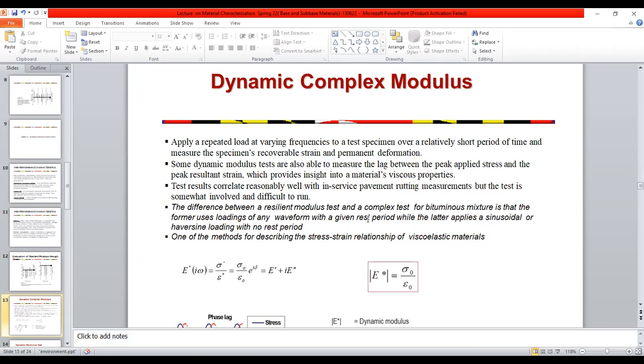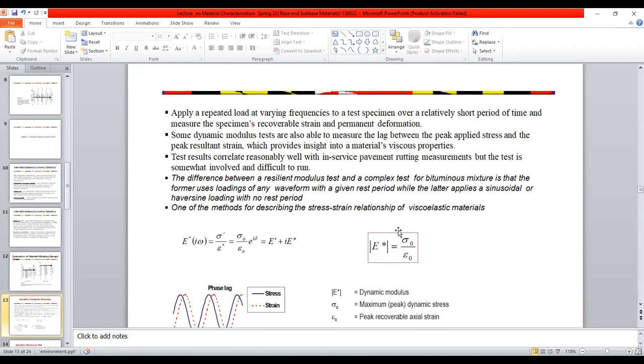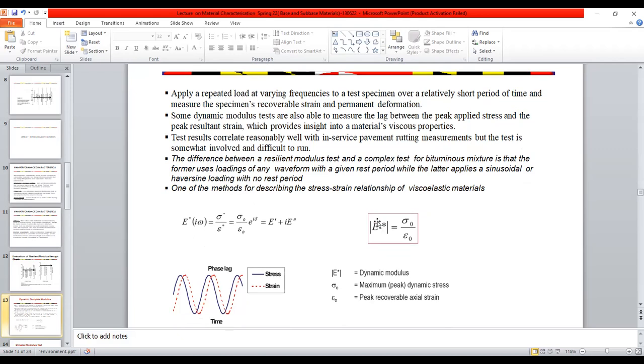The difference between a resilient modulus test and a complex test is that the former uses a sine waveform with a given test period, while the latter applies a sinusoidal or haversine loading with no rest period. One of the methods for describing the stress relation of the sample is this, which we have in order to calculate